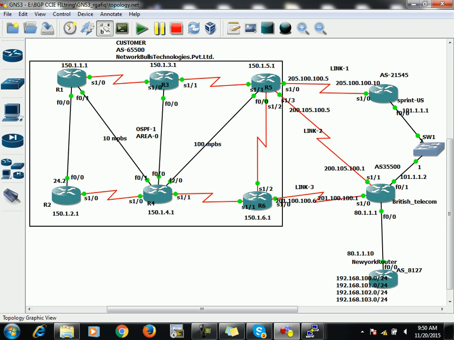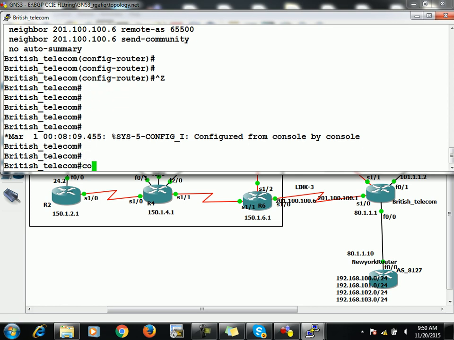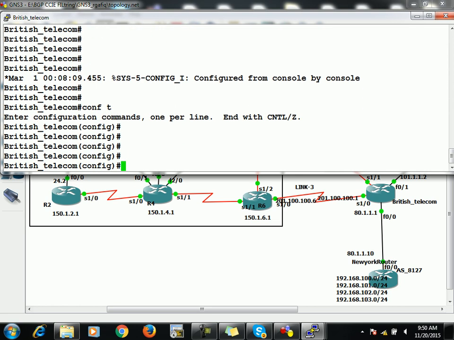Now let's say that someone else wants to add a community by themselves, right? Like BT is an ISP, right? So BT is working as an ISP, so now BT wants to add some different community value onto the same prefixes. So yes, it is possible, right? BT can also configure a community. So let's move on BT now, and we can say, for an example,